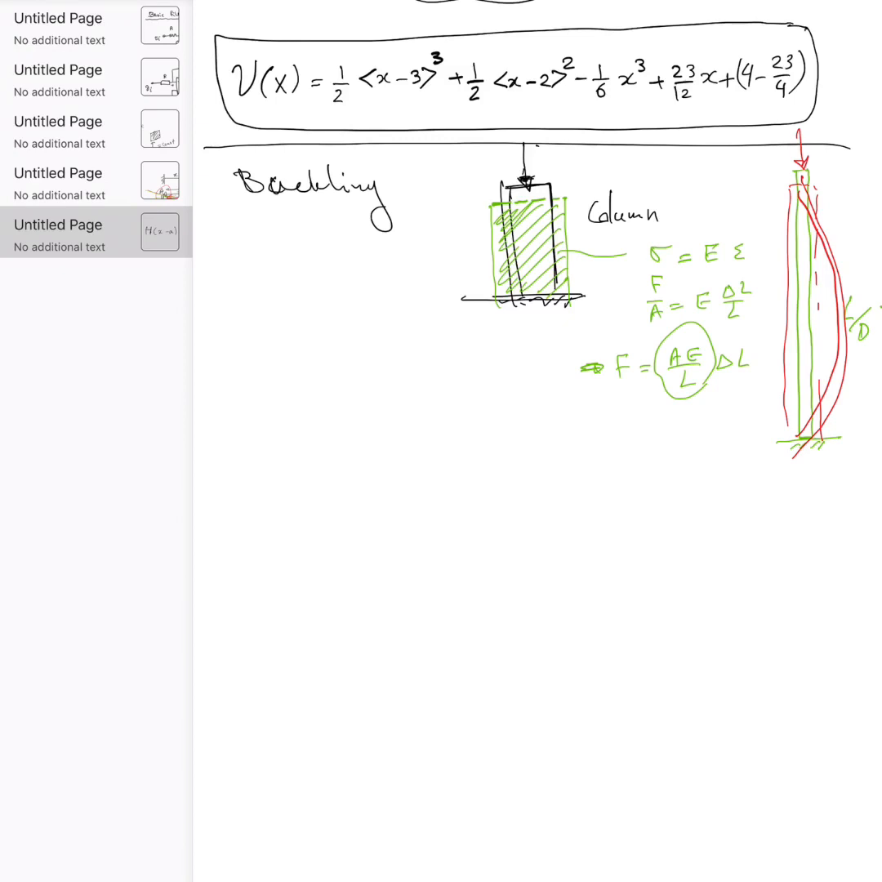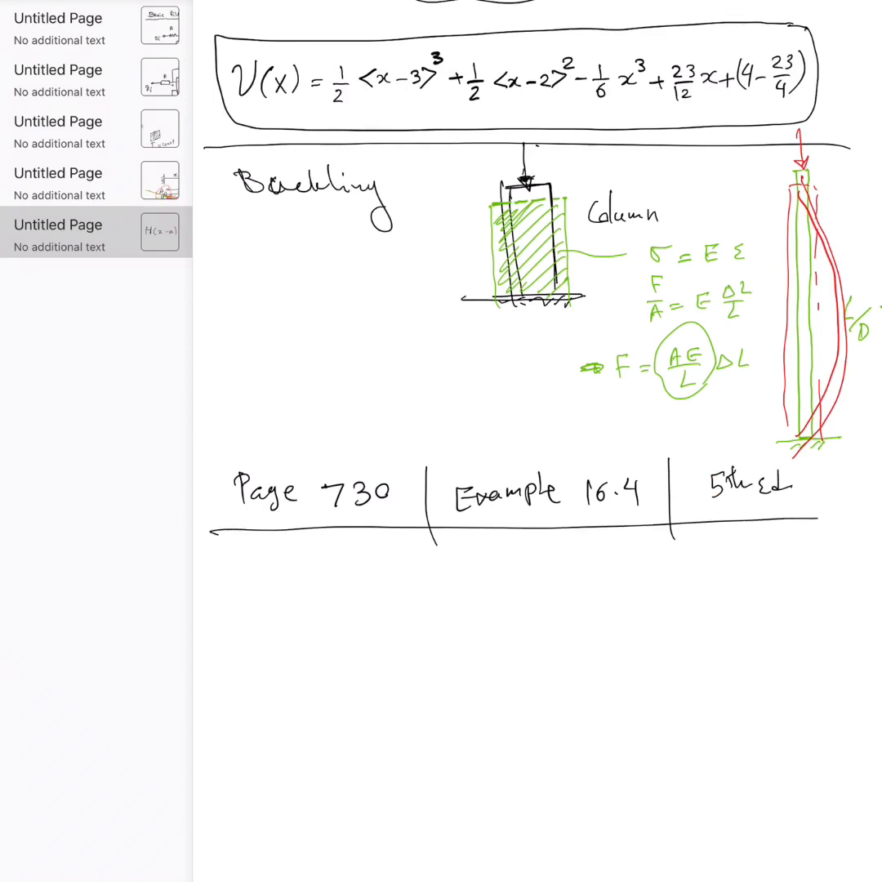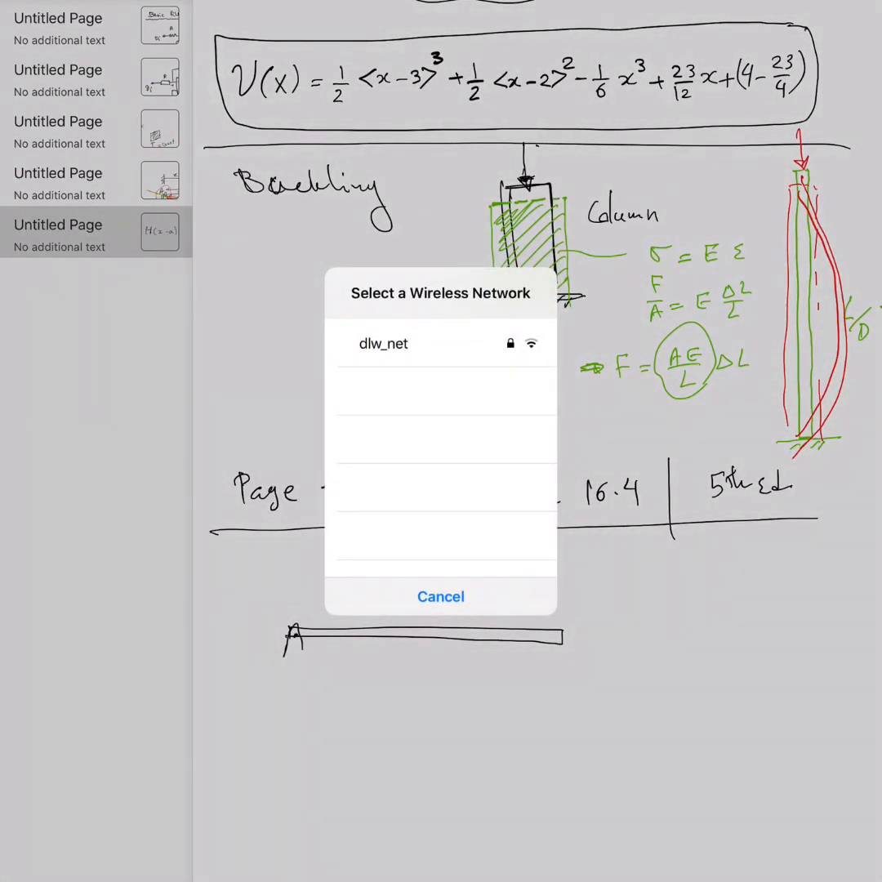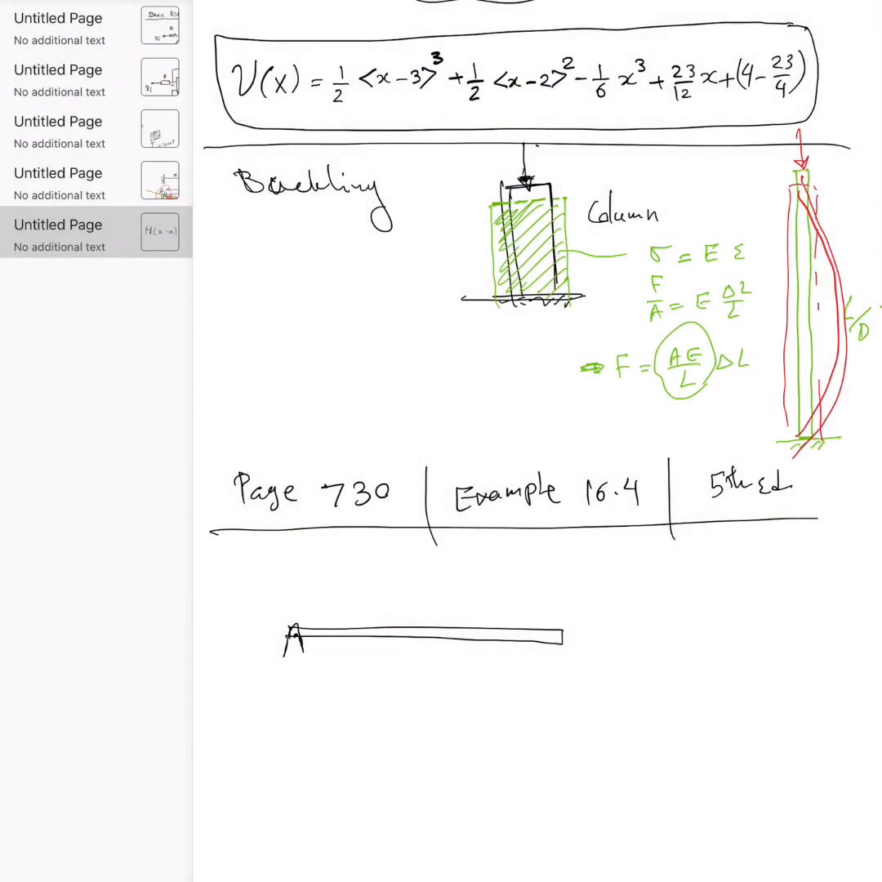Let's write here page 730, and this example 16.4. Of course, it's the 5th edition book, but for you guys that don't have the book, I can just write it here. This problem is you have a beam, and now the supports are a little bit more complicated. Here you have a pin here, and then you have a roller right here,